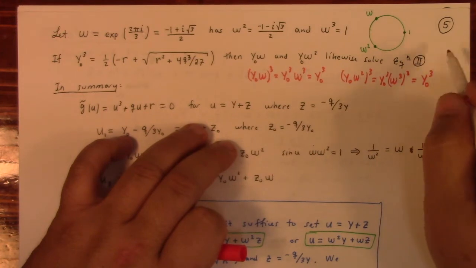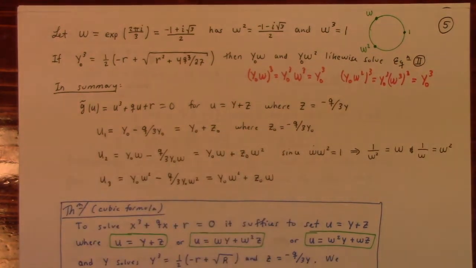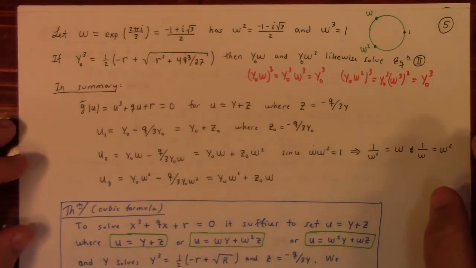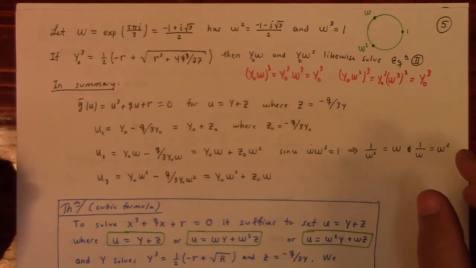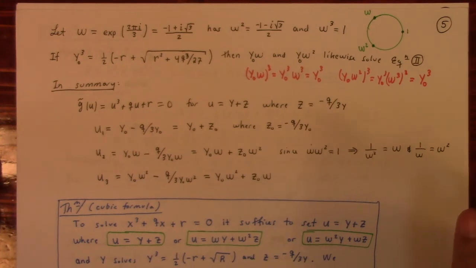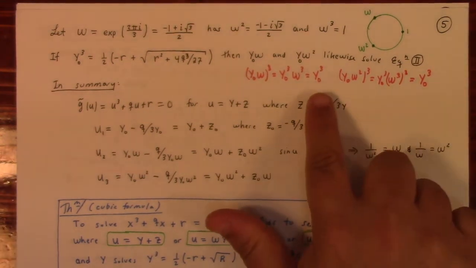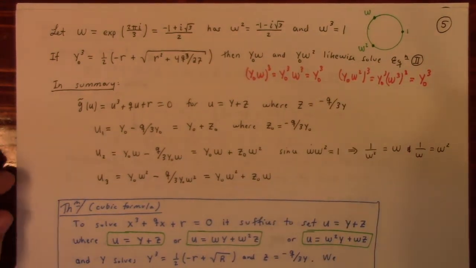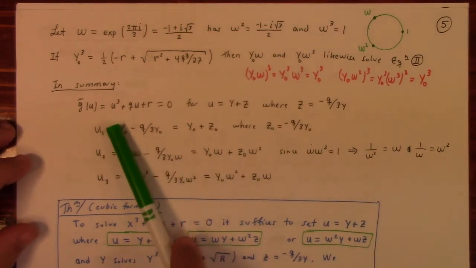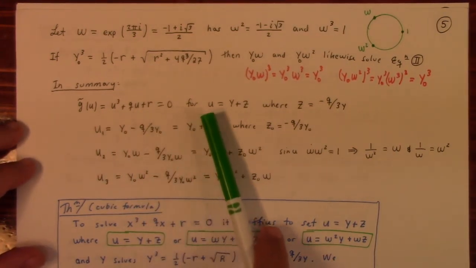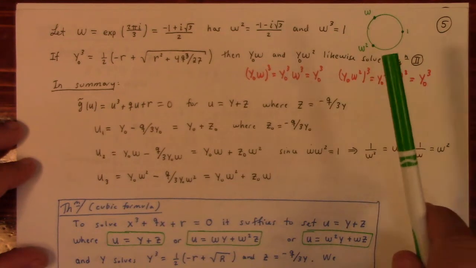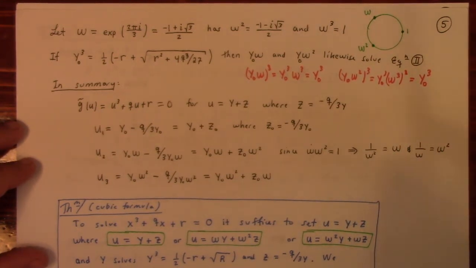So if we have one solution of the cubic, y naught cubed equal to 1/2 times minus r plus the square root of r squared plus 4 q cubed over 27, we need to give that a name. Then we have two other solutions because we can multiply by the third root of unity and the square of the third root of unity, all right? So in summary, we'll have g tilde of u equal to 0 for u equals y plus z, where z is equal to minus q over 3y, provided that we make y,